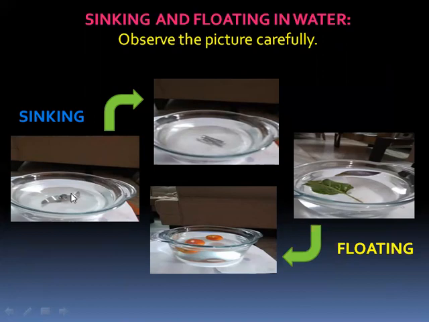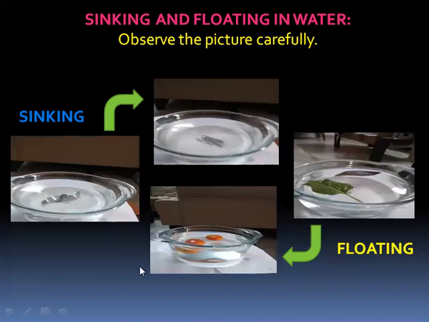jar's blade, which is made up of iron. So when you drop it in water, it comes down. Then that is called sinking. So sinking is nothing but when it goes down in the water. Why does it happen? The density of the nail and this mixie blade is more when compared to the water present in the vessel. That's why it is sinking in the water.